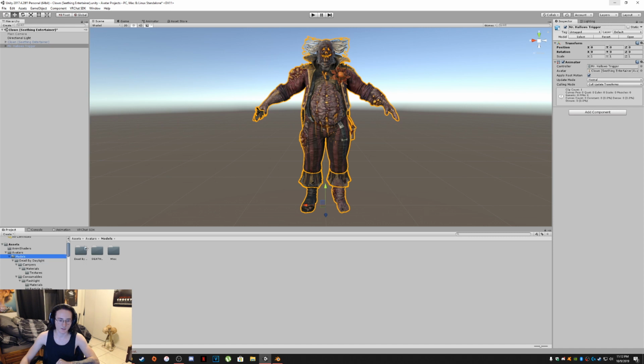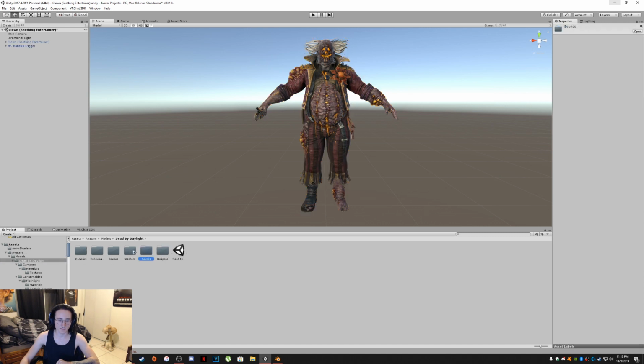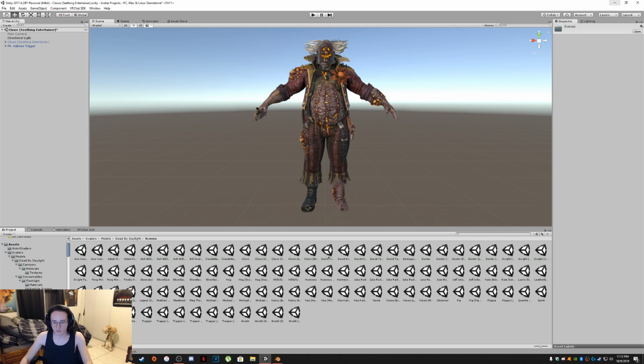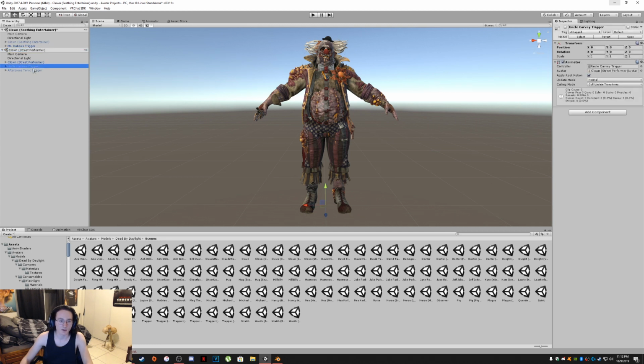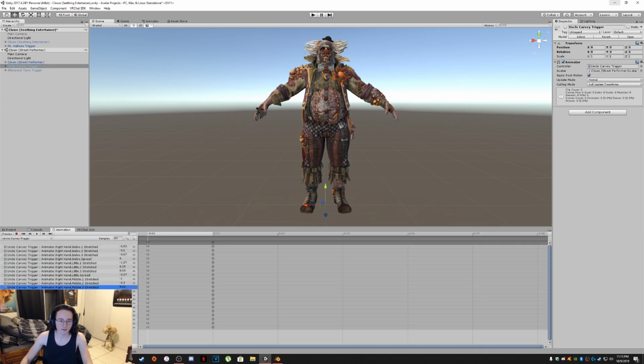So if I go over to my scenes here, sorry, wrong one, scenes, there we go, and I go under clown, let's see, we'll do street performer, why not? So here's my street performer model that I did a while back, and if I go under Uncle Carvey trigger, which is basically the cosmetic knife name for his weapon, and then I go under animation here, you will see that I already have all of these right hand